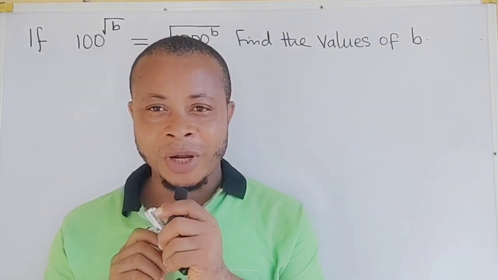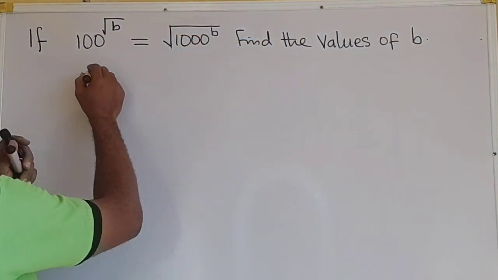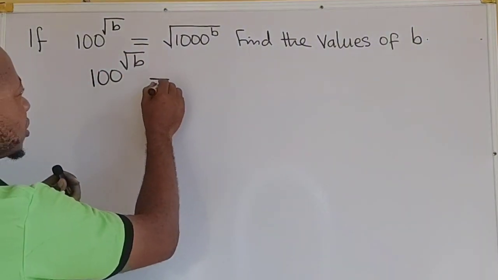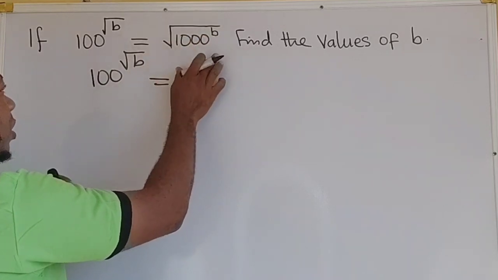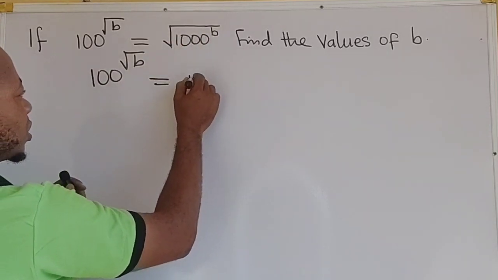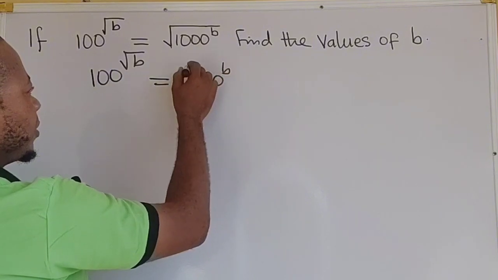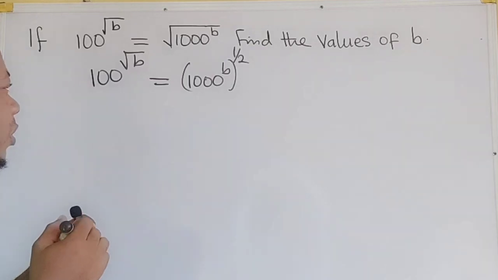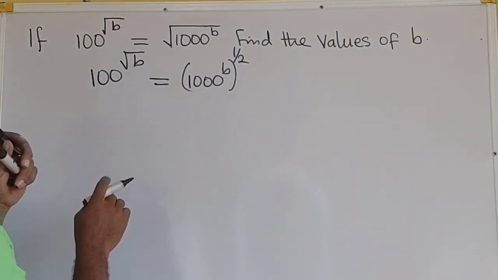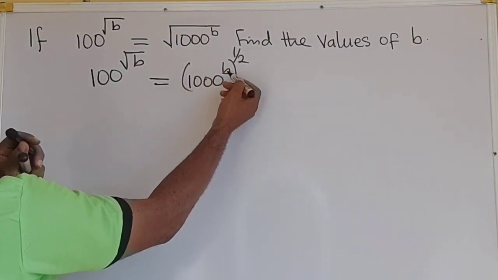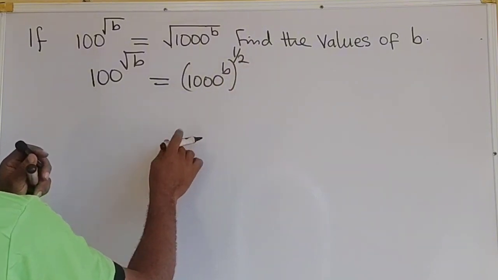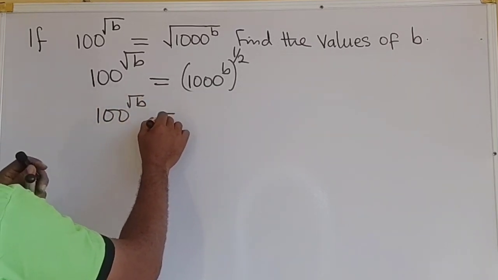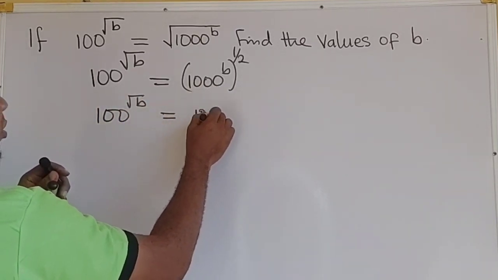To answer this question, what we are going to do is to put down 100 raised to power square root of b equals, we are going to remove this square root from 1000 raised to power b. So this is going to be 1000 raised to power b. Remember, square root in index form will be 1 over 2. Having done this, next thing will be to open this bracket. We are going to use b to multiply 1 over 2. So this will give us 100 raised to power square root of b equals 1000 raised to